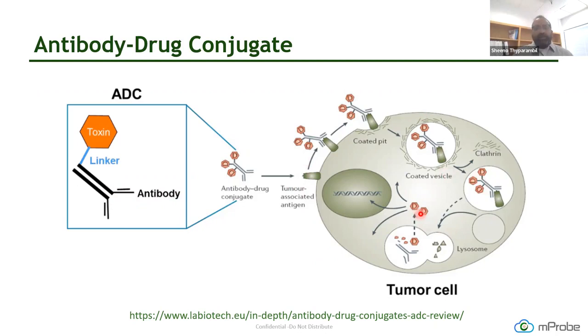Depending on what toxin you use, if it is a tubulin inhibitor, you would go and bind to tubulin. The newer drugs have a topo-1 inhibitor, so they bind to topoisomerase 1 and essentially prevent